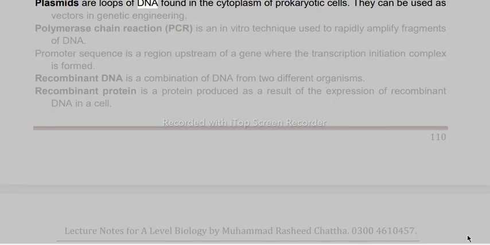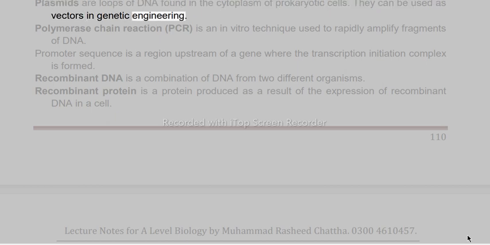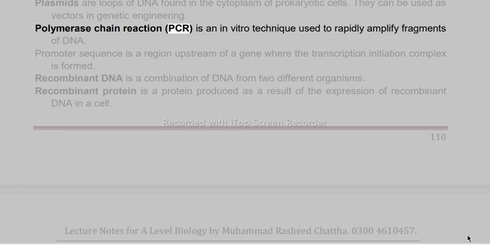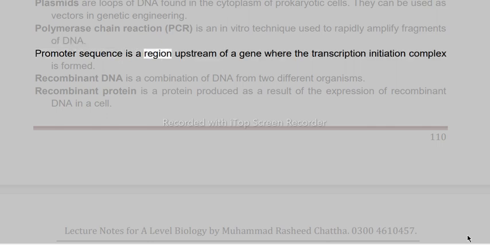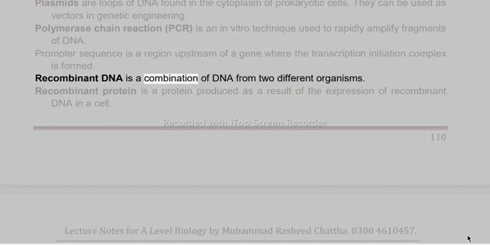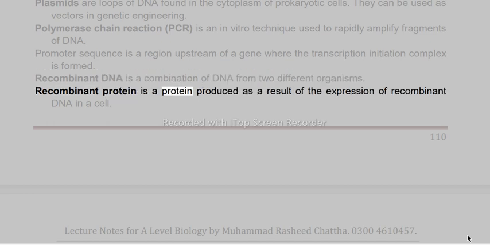Plasmids are loops of DNA found in the cytoplasm of prokaryotic cells. They can be used as vectors in genetic engineering. Polymerase chain reaction, PCR, is an in vitro technique used to rapidly amplify fragments of DNA. Promoter sequence is a region upstream of a gene where the transcription initiation complex is formed. Recombinant DNA is a combination of DNA from two different organisms. Recombinant protein is a protein produced as a result of the expression of recombinant